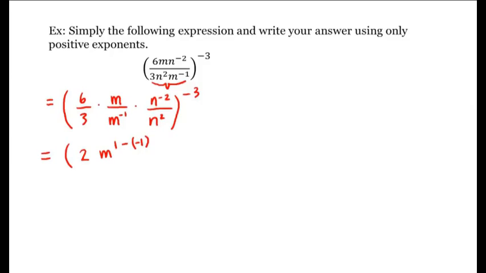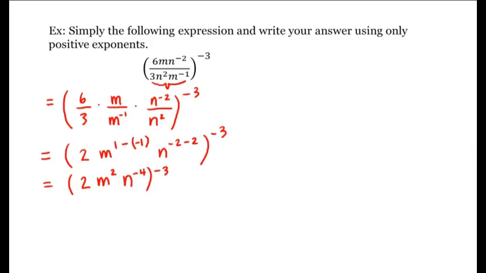And we'll do the same with the n terms, so it's n to the negative 2 minus 2. Whole thing still raised to the negative third power. And this is equal to 2m squared, because it's 1 minus negative 1, times n to the negative fourth power, whole thing to the